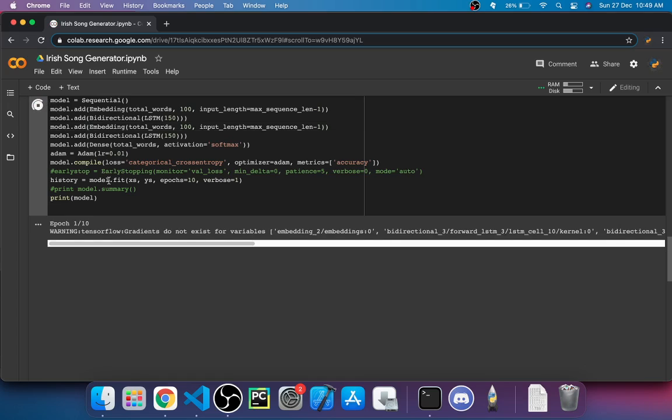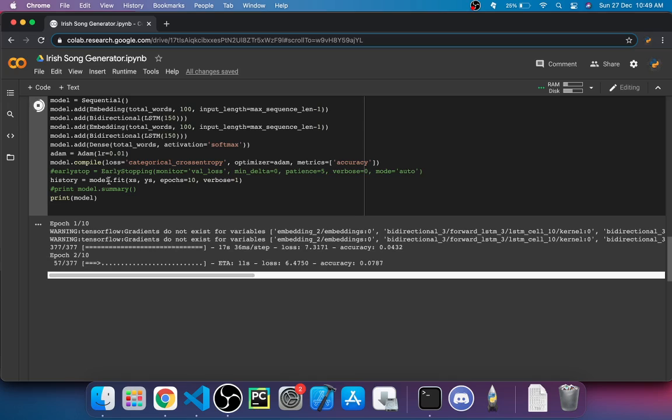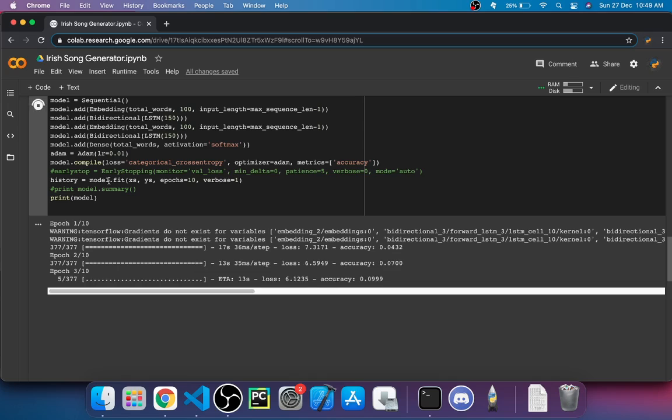These embedding layers usually take up a lot of training parameters. You can see there are 377 training parameters in a single epoch. So it's common sense that there are a ton of training parameters, and if you don't have a lot of time to process your neural network, then it is not the best choice to keep on stacking embedding layers, because they really take up a ton of training parameters.